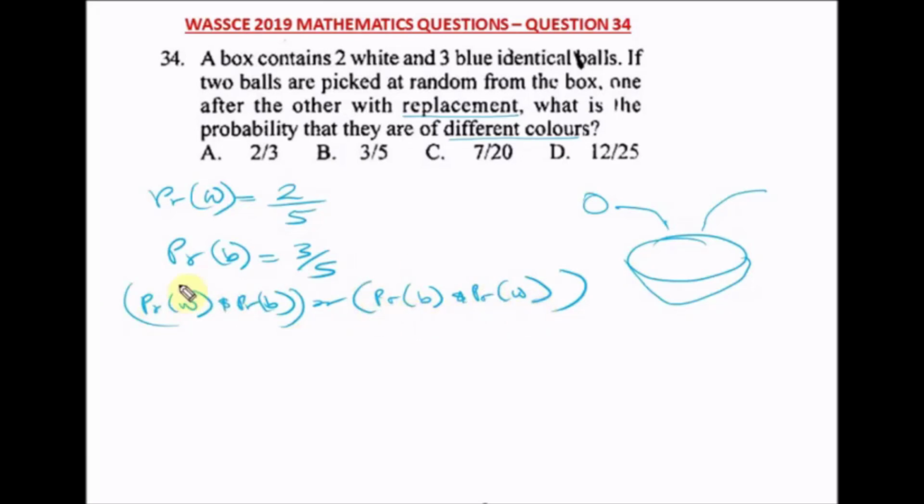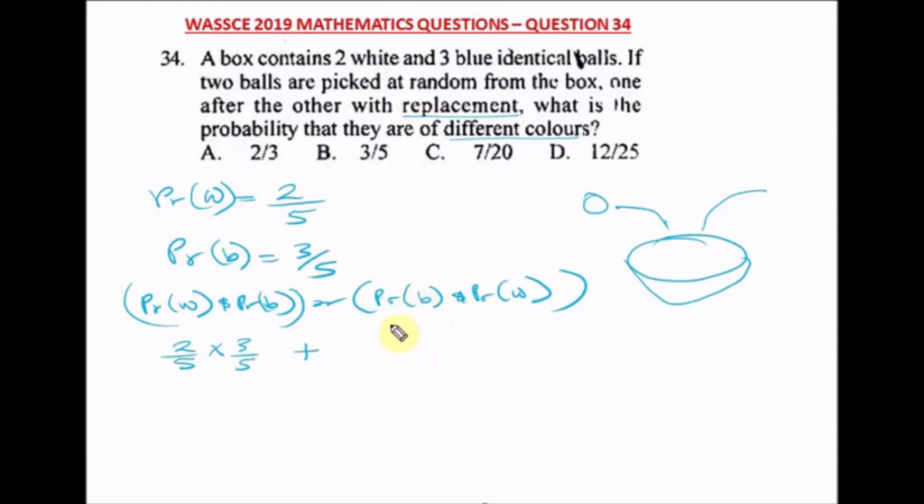So this is the only probability that you can pick, what different colors. Okay, so from here, what do we have? What's the probability for white? Probability for white is 2/5, and "and" means multiplication, because you pick them together. You pick one white, you pick another, a blue. What's the probability for blue? 3/5. "Or" means a positive. Or we pick a